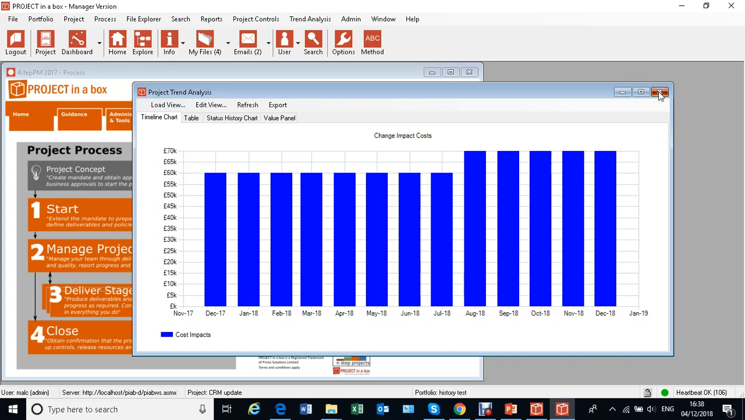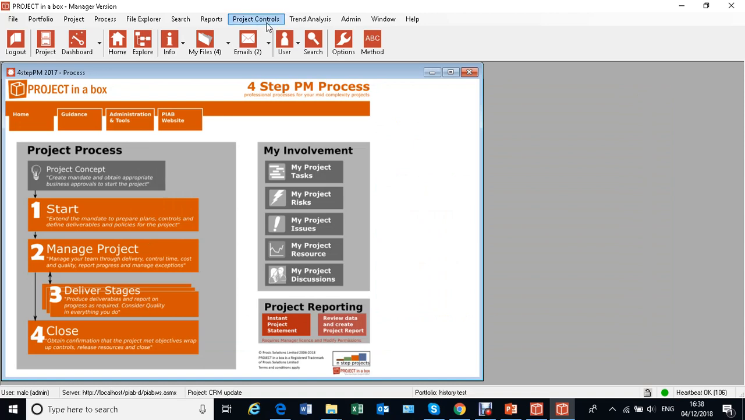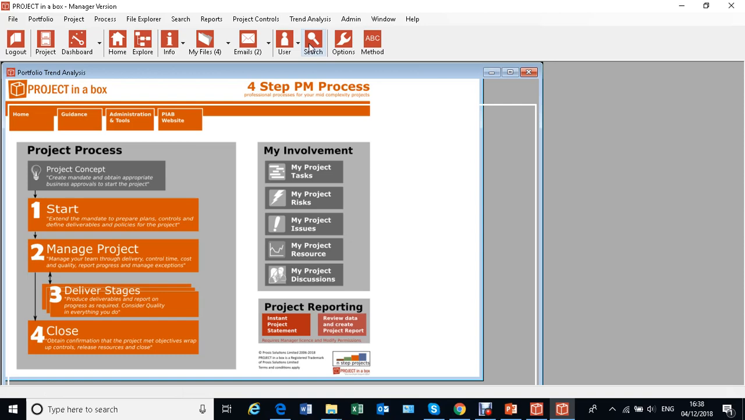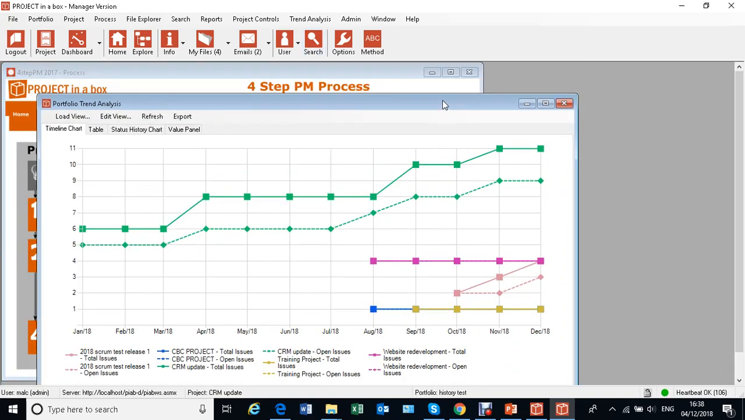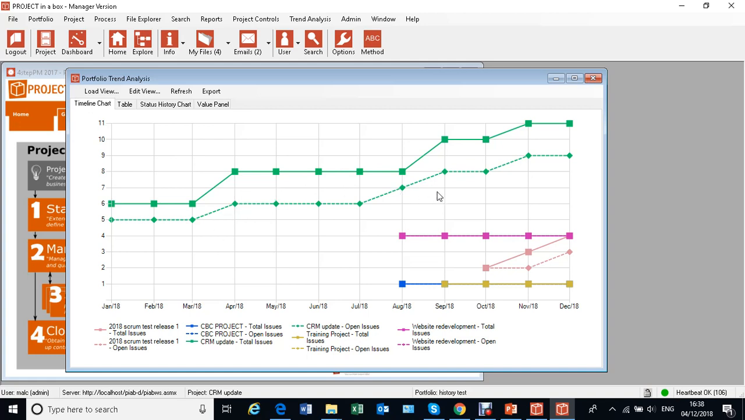So that's project level properties, most of them as a history or trend analysis. Let's come and have a look at the portfolio as well. So the portfolio is obviously going to work on the current portfolio. And here we've got a slightly more complex situation because we might have a lot of lines and a lot of projects being shown. So this one is looking at issues by the look of it, total issues and open